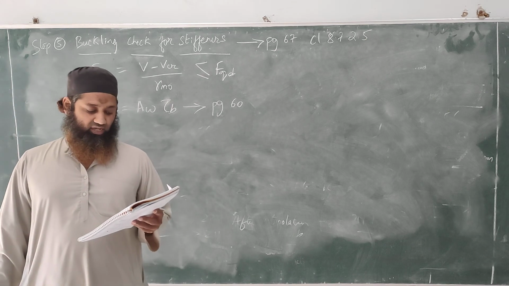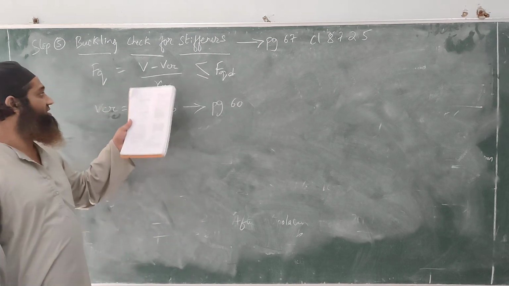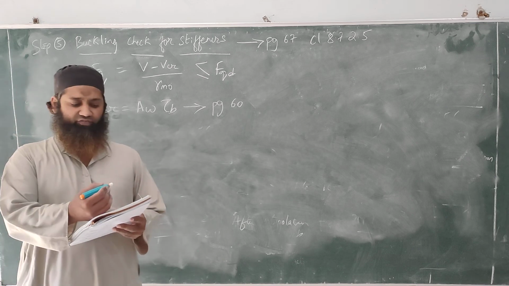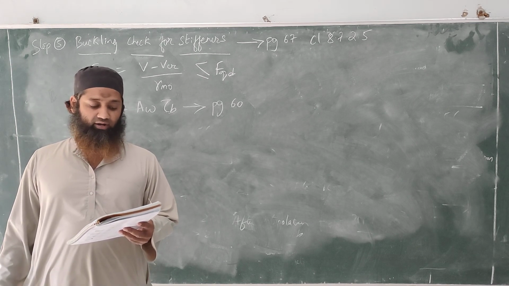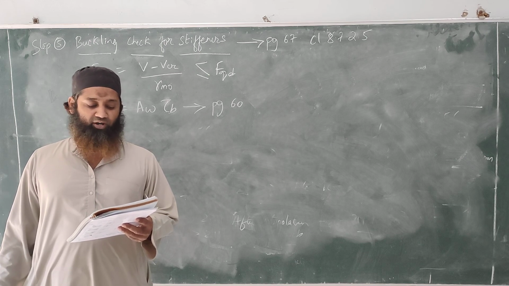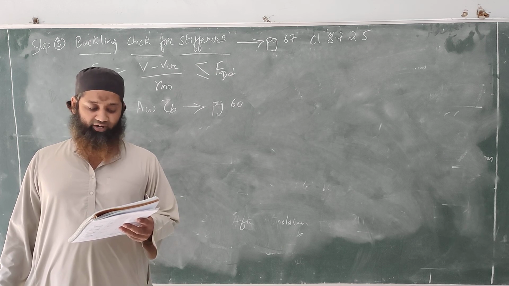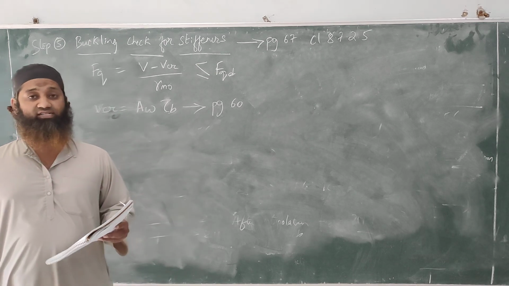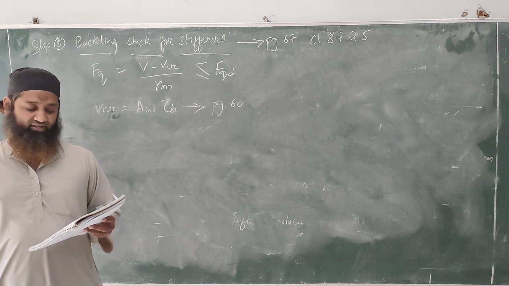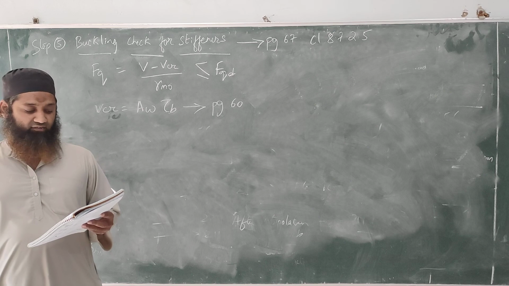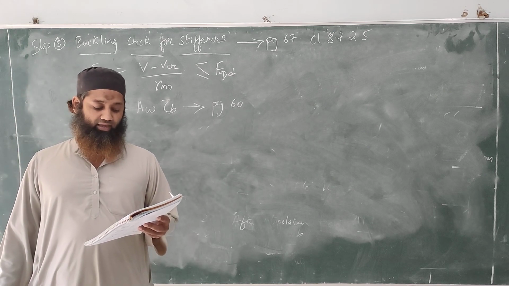To calculate this Vcr, on page 60 a number of formulas have been given. Again he tells that tau b is the shear stress corresponding to web buckling. When lambda w is less than or equal to 0.8, tau b is one thing; if it is greater than 0.8, tau b is different. So first we'll have to find out what lambda w is. Then what is lambda w? He has given it here. Lambda w is root of fyw by root.